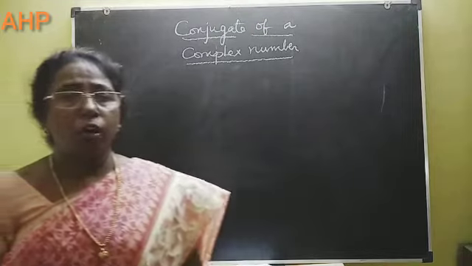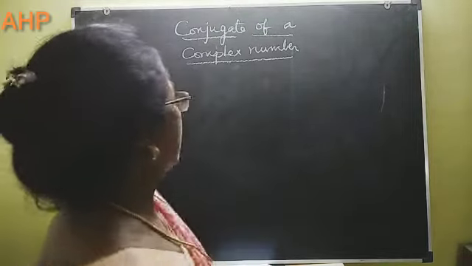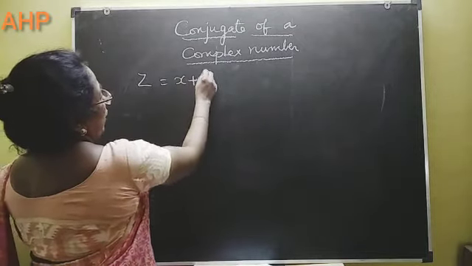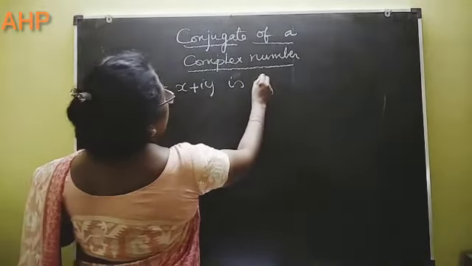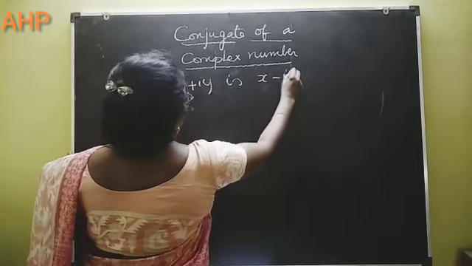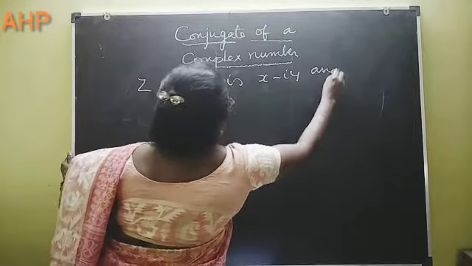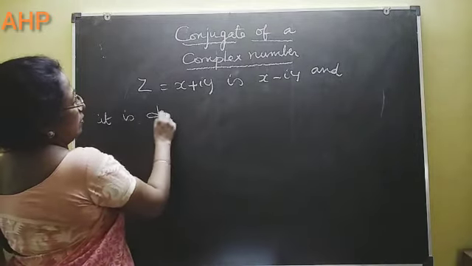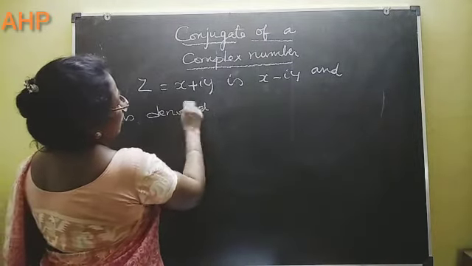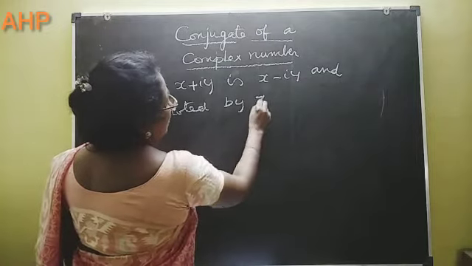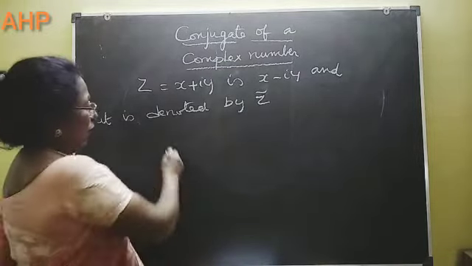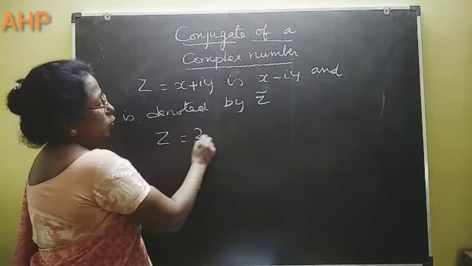The conjugate of a complex number z equal to x plus iy is x minus iy, and it is denoted by z bar. So to get a complex conjugate of, for example, if z is equal to 2 plus 3i